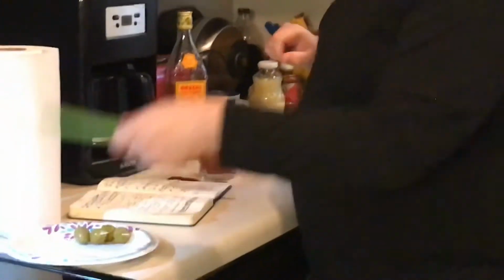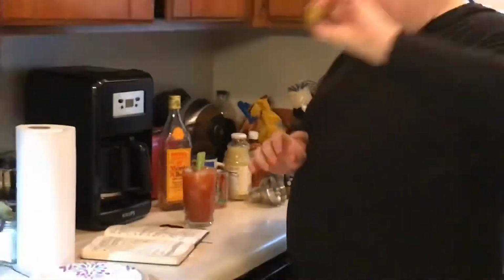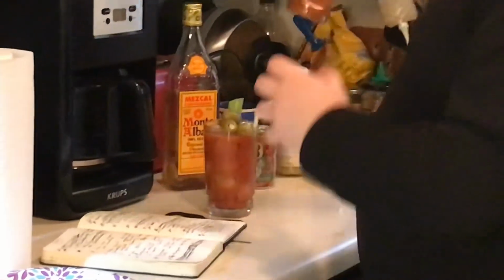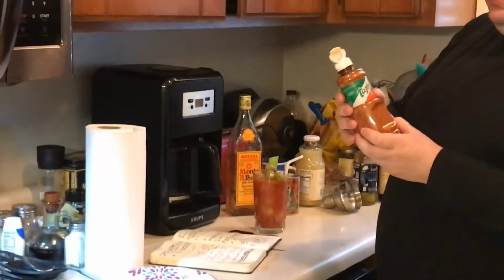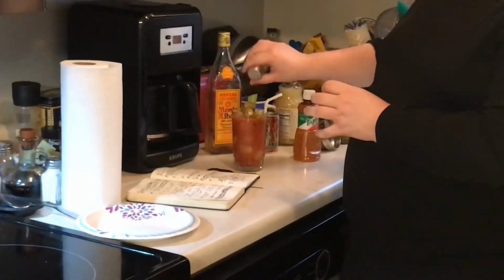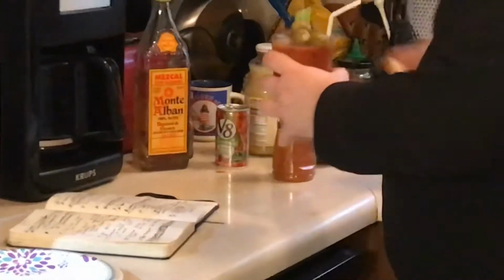I am going to put a stalk of celery, 4 olives, a straw to drink down some of this, some tajin. You can find it in the Hispanic aisle of any grocery store, really good. And finally, black pepper. Slice of lemon, and you've got yourself the